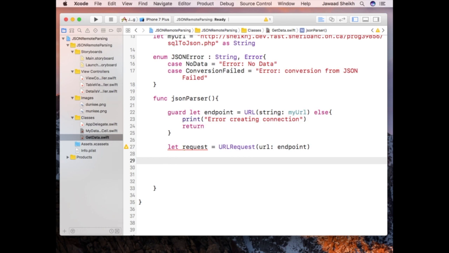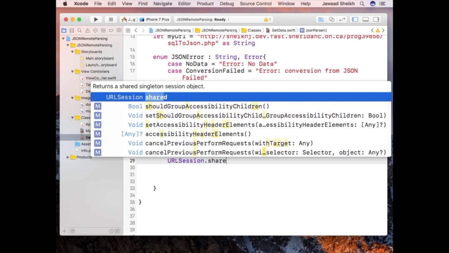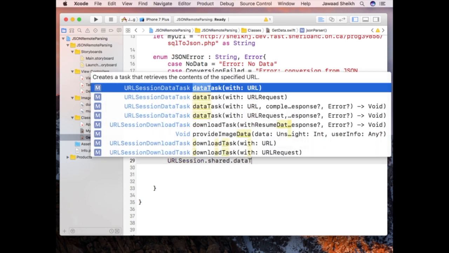And the reason for that is because we don't want our iPad or device to hang and freeze while it's going back and trying to download the new data. We want the user to be able to do other stuff while we're waiting. So to do that, we're going to say URL session dot shared dot data task